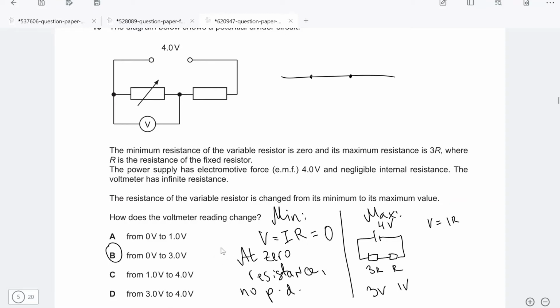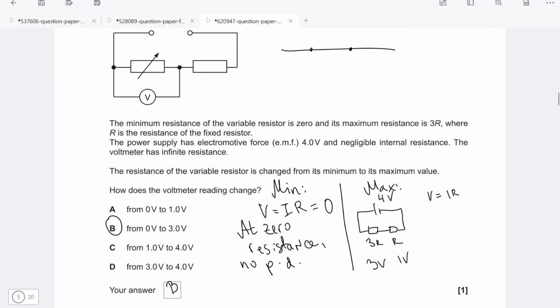So this means that the answer is going to be either A or B. Now, when it's set at its maximum, essentially we're going to have the following circuit. One of those resistors will be equal to 3R, and the other one is going to be equal to R. V is equal to IR, so the potential difference is directly proportional to R when the current is constant,